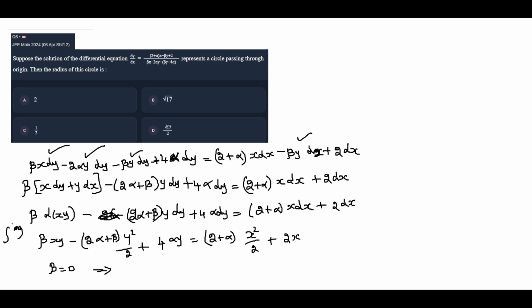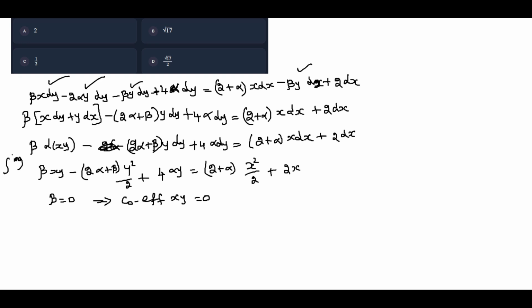Because the coefficient of xy will be 0. So coefficient of xy equal to 0 means beta equal to 0,